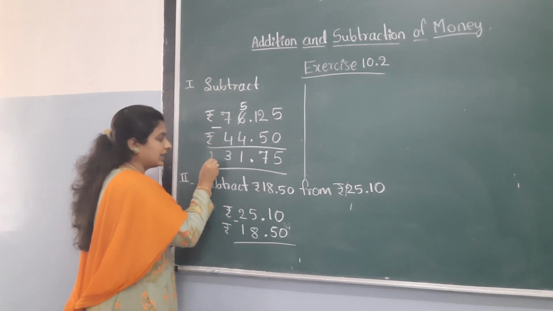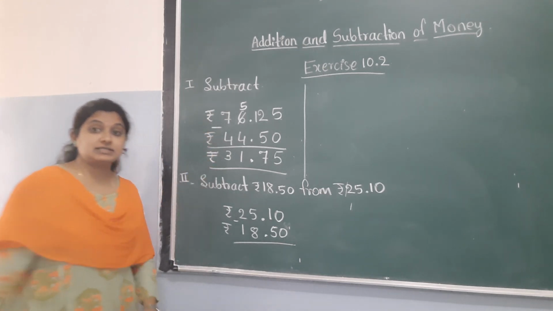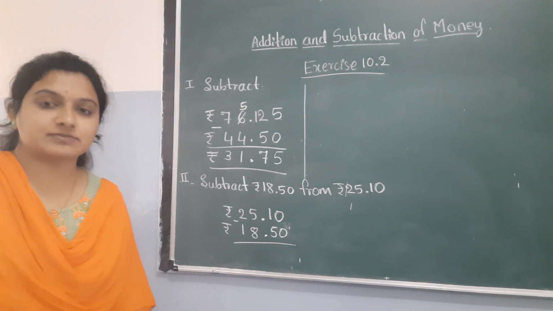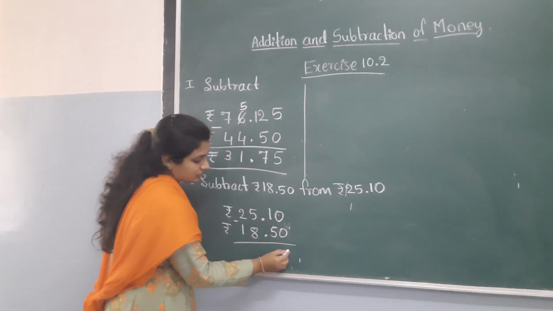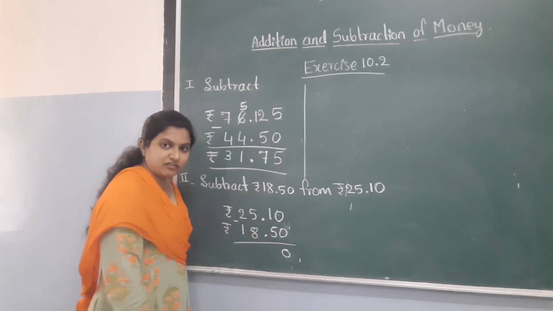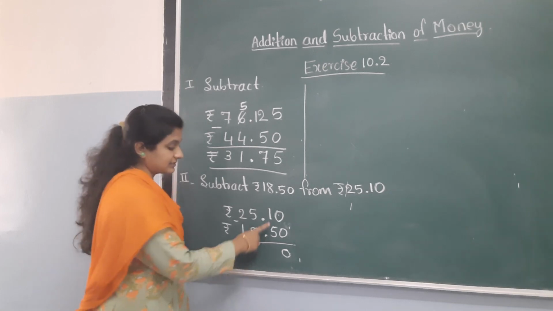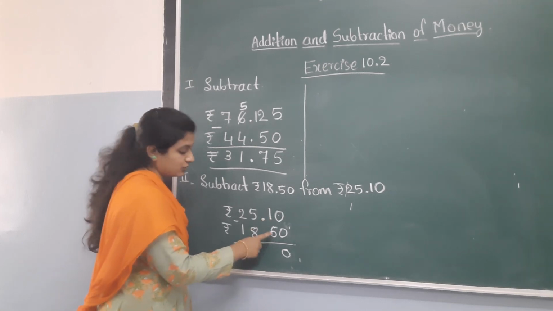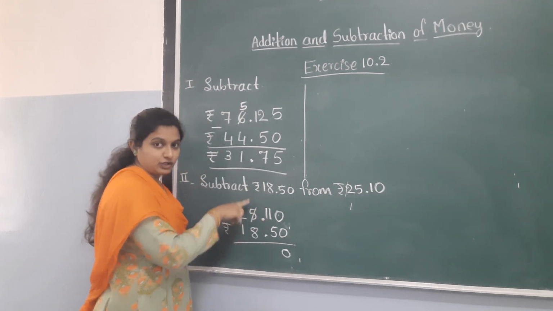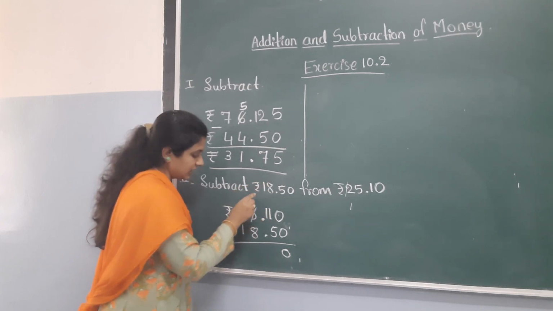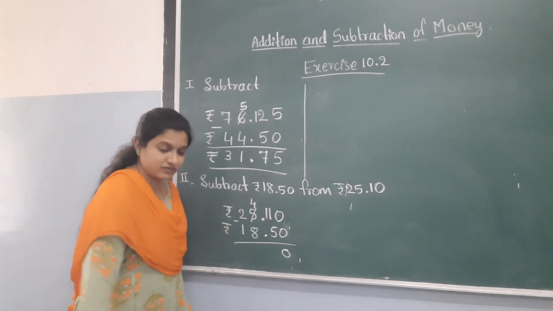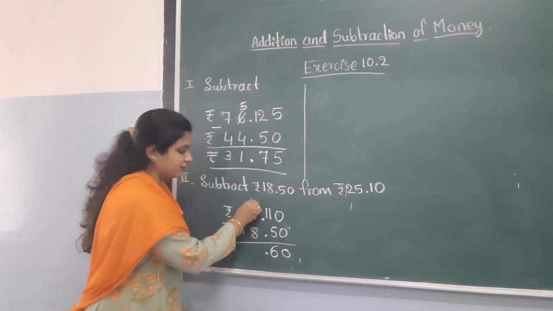So, right here, the rupee and rupees symbol. Understood? These all are subtraction sums. See here children. 0 minus 0, 0 only. In 1, can you subtract 5? No, because 1 is a smaller number, you cannot subtract 5. So what to do? Borrow 1 here. He was having 5 chocolates. When you have given 1 to the next house, here 4 is remaining. 11 minus 5, 6. 4 minus 8.